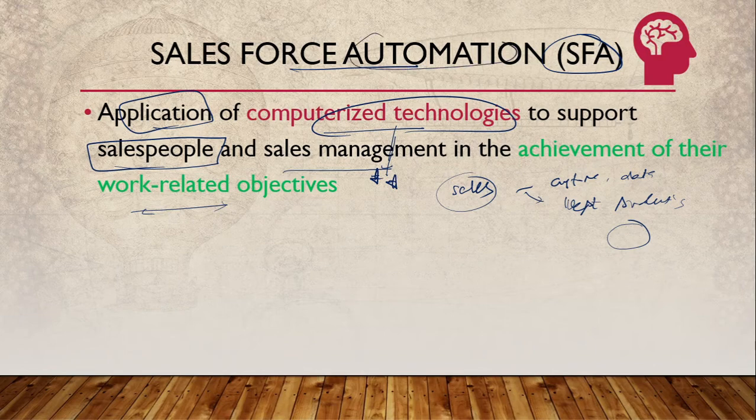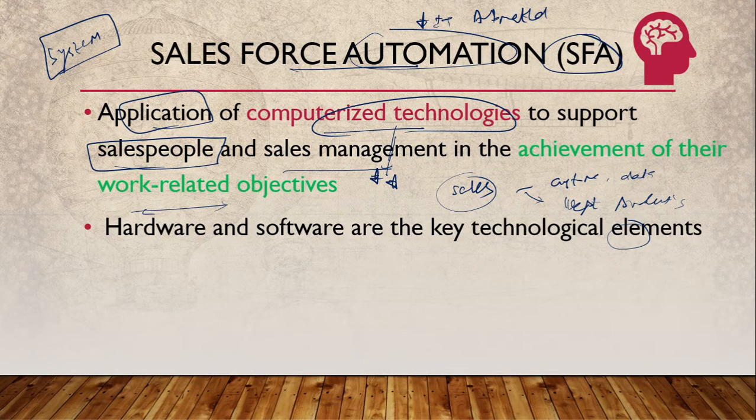With the help of automation, through IT, we can automate some of the processes. We need not do manual interpretation. If the system itself can do and analyze many of the things, then that is Salesforce automation. What is needed for Salesforce automation? The first is the hardware, that is a computer, and the software, which is applications like MS Office, MS Office Excel, etc. These are some of the technological elements that are needed.